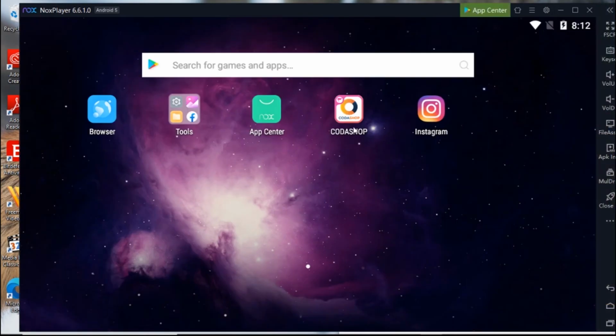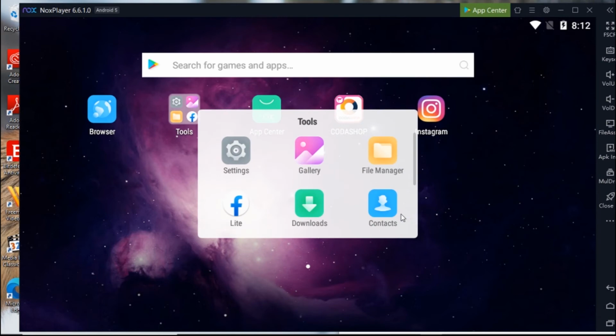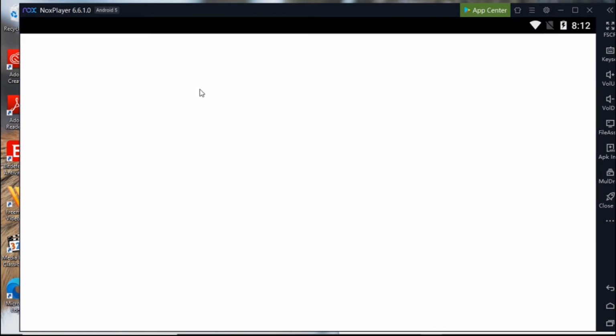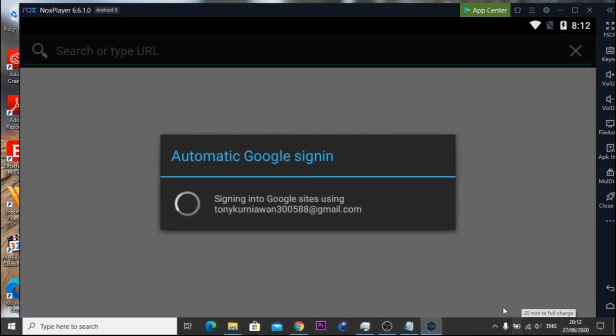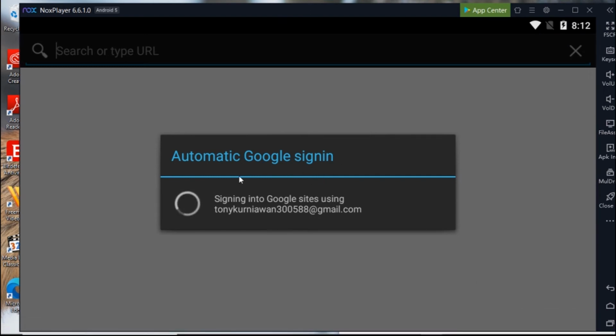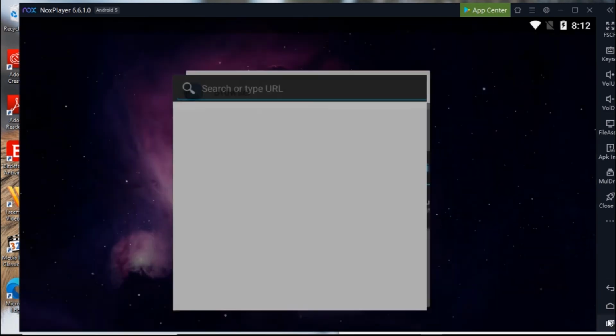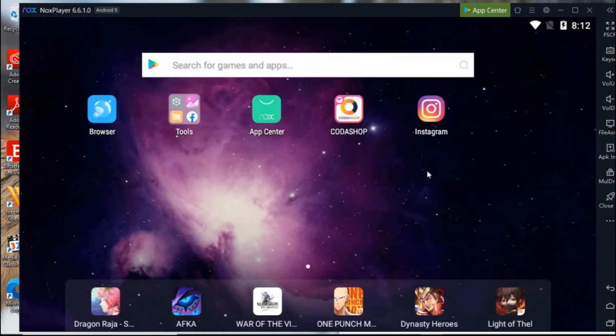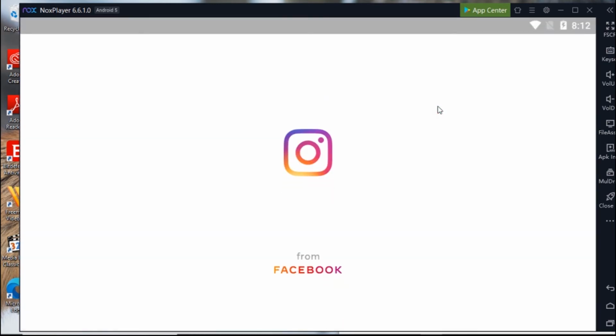Yeah, this application, actually, you need to log in first. You need to sign in with your Google account, and then next you need to download Instagram, and after that you can use this application.